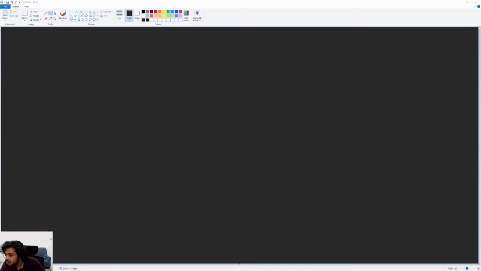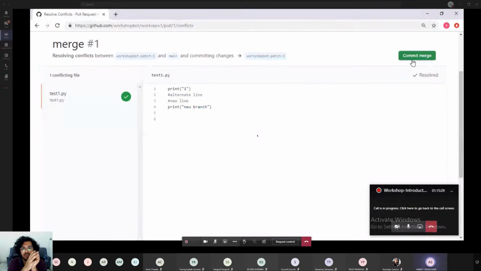So I'm gonna copy it from here, add it here, and remove these lines. As a maintainer, at the end, I want this format. I want to keep it like this. I'm gonna click on mark as resolved. Now this file can be merged because the issue has been resolved. I'm gonna click here, commit merge.